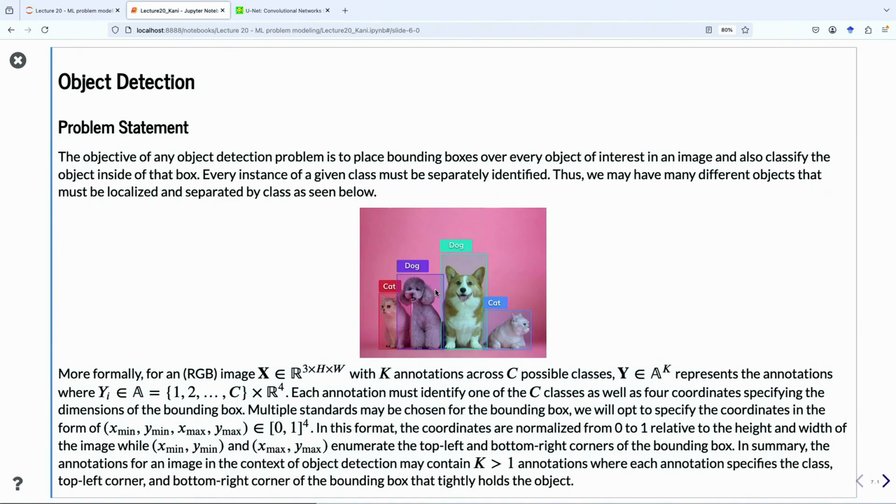Just for the sake of simplicity, typically when we define these x and y coordinates, we define them in the range of 0 to 1. 0x or 0y is this little corner of the image, and 1x or 1y is this other corner of the image, right?